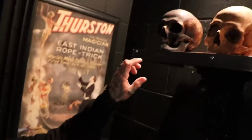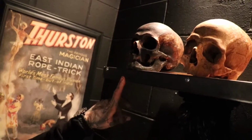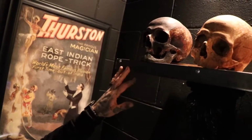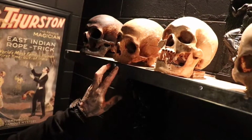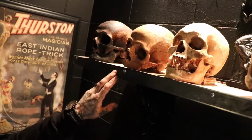Far left, we have an 83-year-old male that was burnt in a chair in his house. They didn't give the reason for murder, but it was a murder. It wasn't self-inflicted or an accident. This one is from 1935, an actual horse accident, like he fell off a horse and got trampled. So his intestines were actually